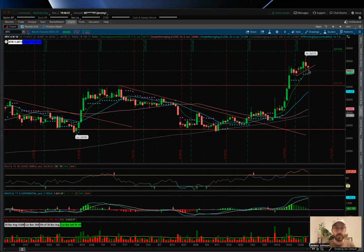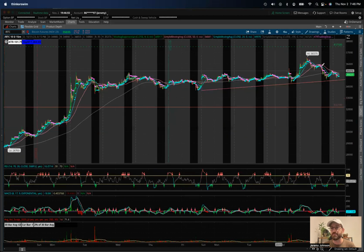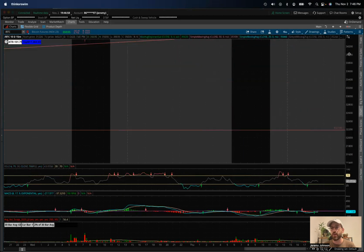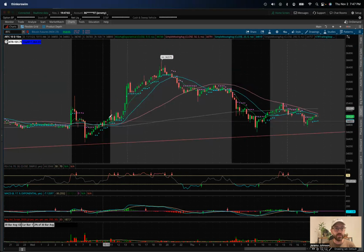At one point, I was up about 5K, and then massive volatility set in on the intraday chart. And on Bitcoin, if you're looking at this chart, it doesn't really look like there's massive volatility here. This is a one-day chart, so each one of these candlesticks represents one day, and that just looks like a random consolidation zone, right? But if I put this on a 15-minute chart, which is one of the larger ones that I usually use when I am triggering into trades, this was the breakout that